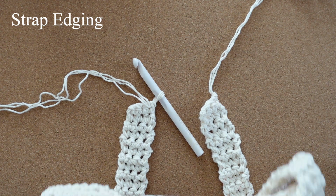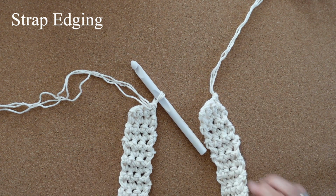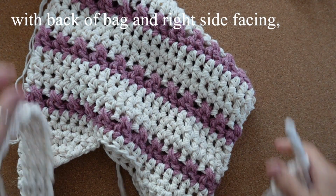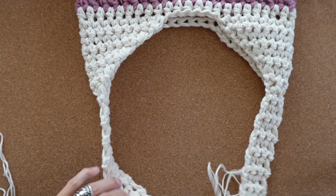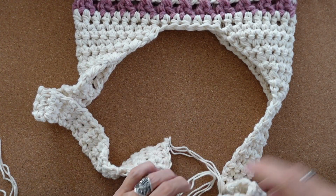Now that our straps are complete, it's time to do some finishing work. We're going to create a nice edge around each side of the straps. You can see that I've turned my bag over with the back facing. I'm making sure that there is no twist in either of my straps, and that the right side of each